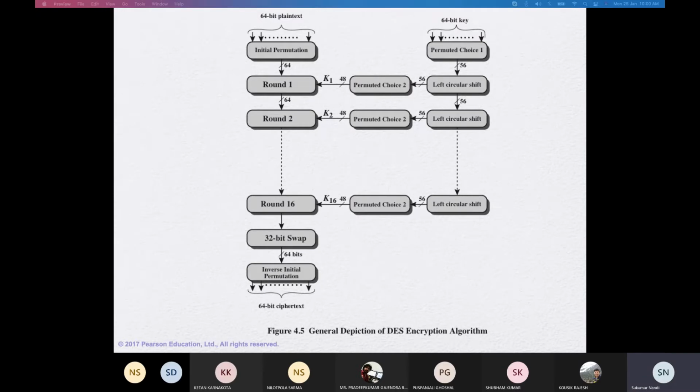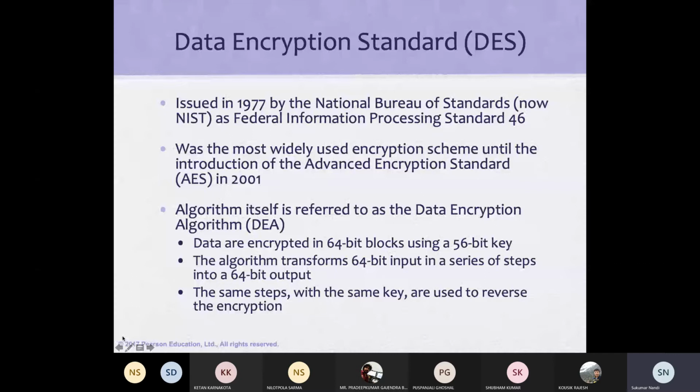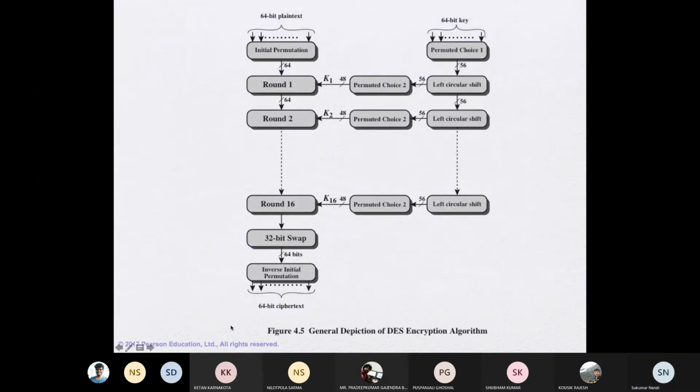In last class we discussed about DES. Mainly, DES has a 64-bit block and it's a block cipher with a 56-bit key. Then it has 16 rounds with an initial permutation, and an incomplete round at the last, where only the 32-bit swap shows up, and the inverse permutation.